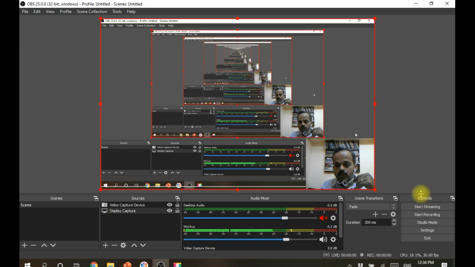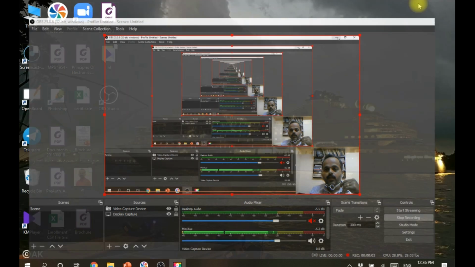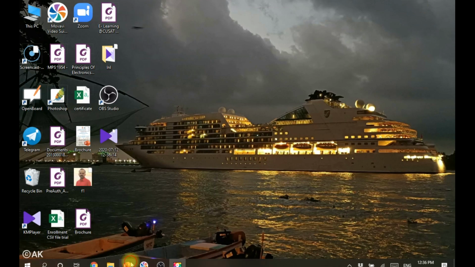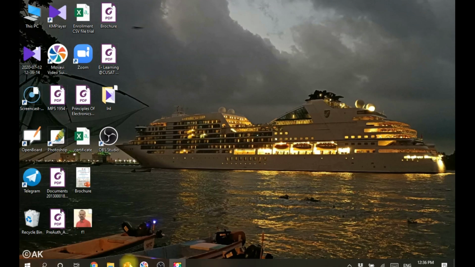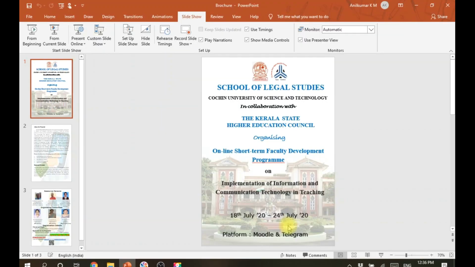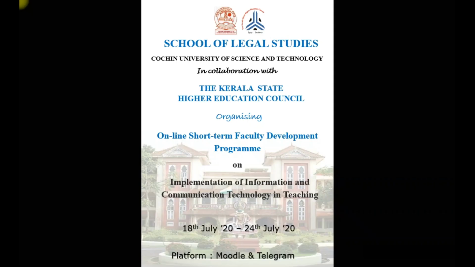Then move to Start Recording. Just click Start Recording, and here you can see recording has started. Immediately minimize, then open your PowerPoint presentation and start the slideshow. Then you can record anything.